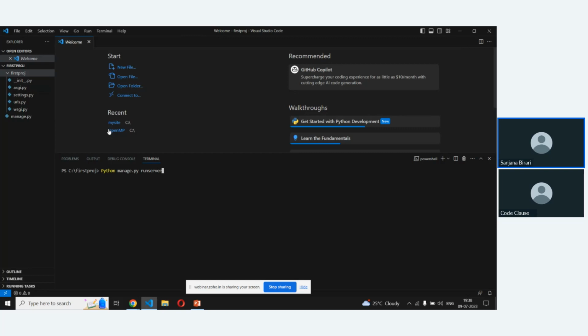If you hit enter, it has a default port number, that is 8000. But if you want to put another one, you can enter that. I'll keep it like this.